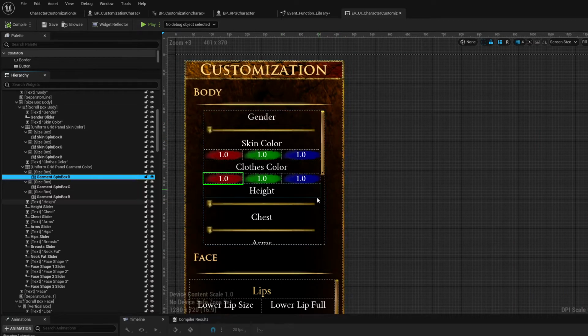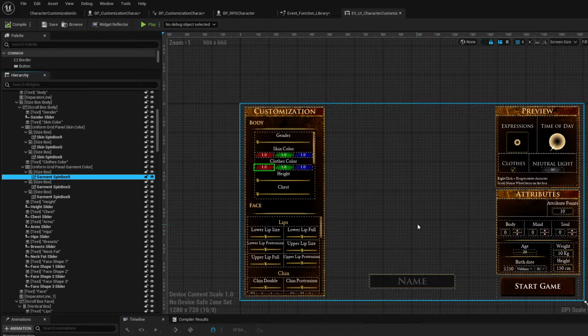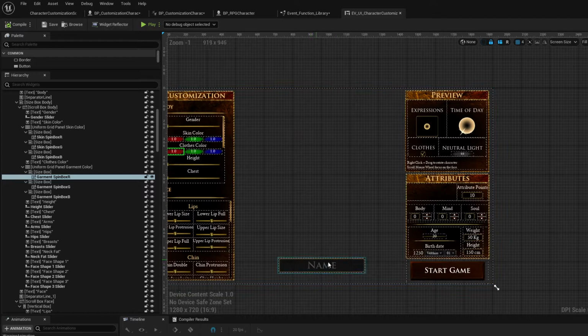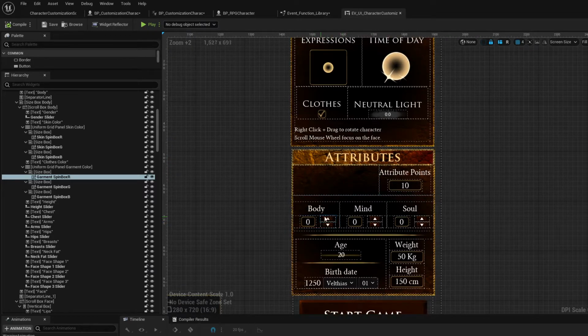There are two scroll windows on each side. No, on this side there are two scroll windows, one for the body sliders and one for the face sliders. Here you have the name text box. You can write your name. The attributes, you can click them up or down. It just inputs an integer. Body, mind, soul, these are attributes that I just wanted to add. The age and the birth date,